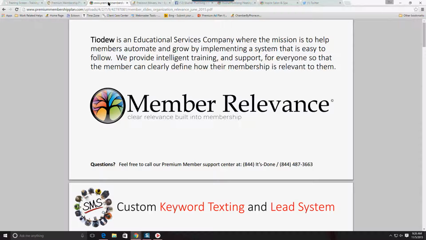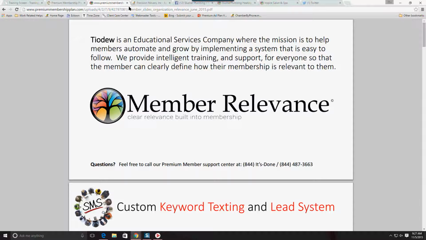We don't want to create more work for you because we understand that as members, you are busy, or perhaps technology is not something that you really feel comfortable with. And so here, joining with the Chamber, what we do is we actually provide the support that's needed to not only do the initial setup, but we would happily continue managing and maintaining your web presence and all your features that's included in the Premium Membership Plan. This would be, of course, of no extra cost to you because you are a premium member. It's all included. And because it's all included, we really encourage you to utilize and use it.